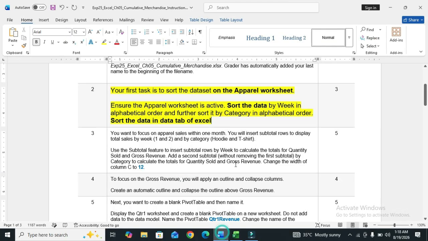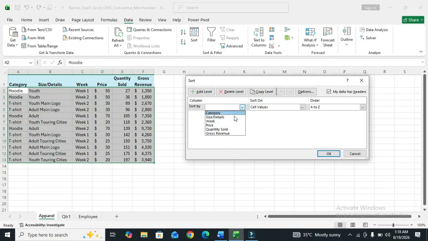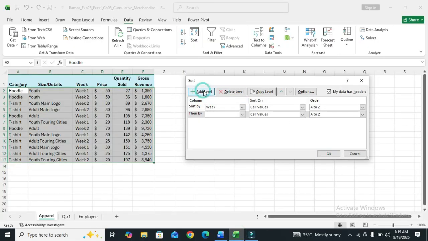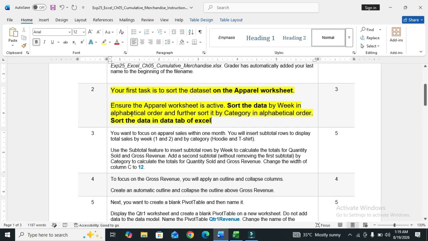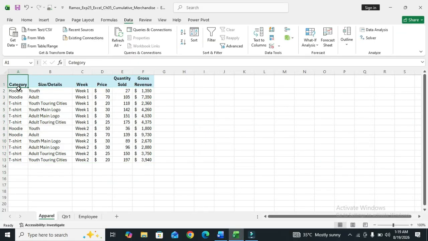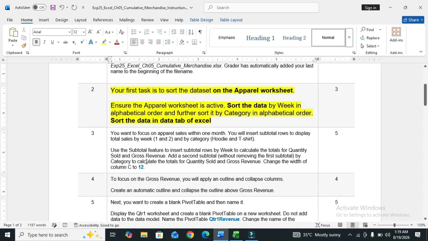Next is, sort the data by week in alphabetic order. First sort the data by week in alphabetic order. Next, further sort it by category in alphabetic order, so add a level and add category in alphabetic order. Click on OK. So step number 2 is done, with category and week.